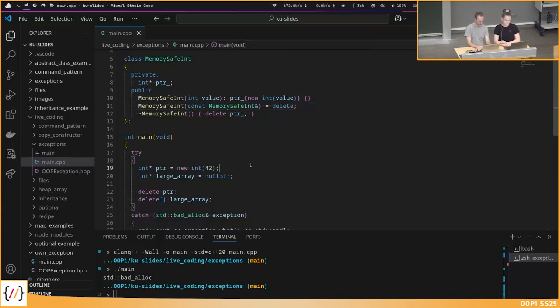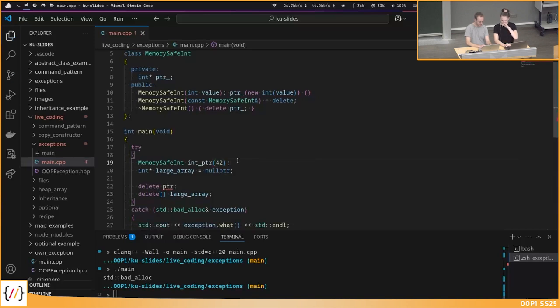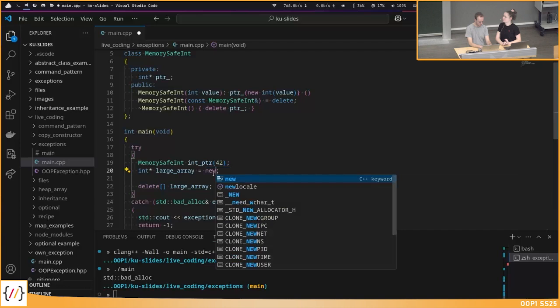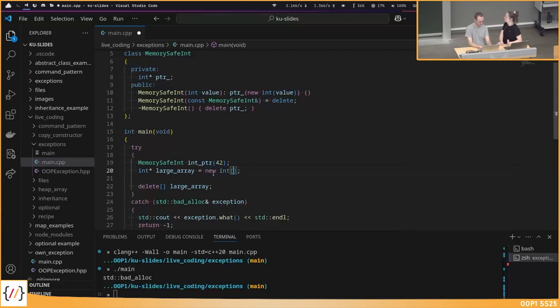Okay, and if I now, instead of doing the pointer stuff here, I just create my memory safe integer, maybe int pointer, and initialize it to 42, and now I don't need to delete it here. We also remove my line here. Never need to delete it.